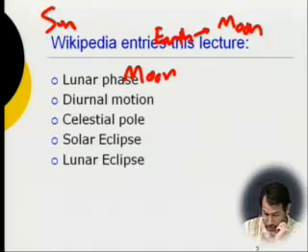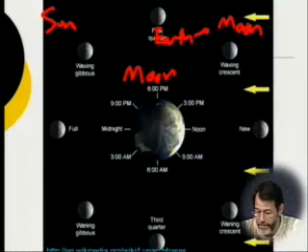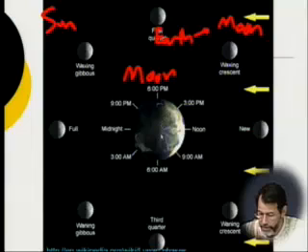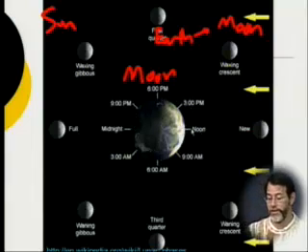Okay, so we did this one lecture. Okay, so here's a picture again of the sun in this direction over here, and the Earth in this direction over here. Here's the Earth, and this is the time on the Earth. So if it's noon on the Earth, then the sun is directly overhead in this direction, okay?